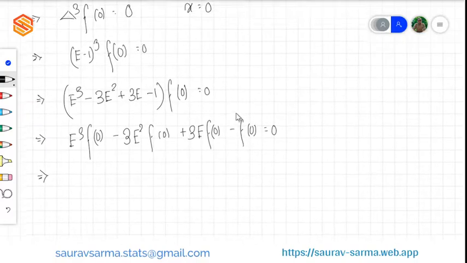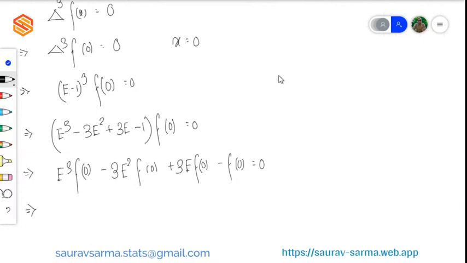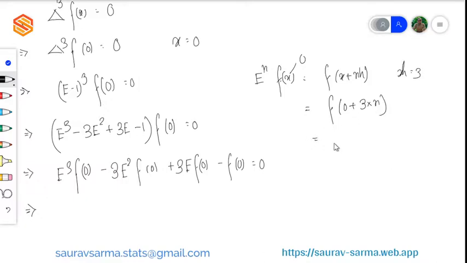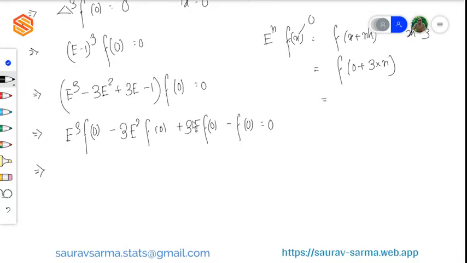So when h equals 3, what will we do? E to the power n f of x will give you f of x plus n times h. That means here h equals 3. So we take x as 0, right? So this will be f of 0 plus 3 times n, right? So the values of n are 3, 2, 1 and 0. So here we do f of 0 plus 3 times 3